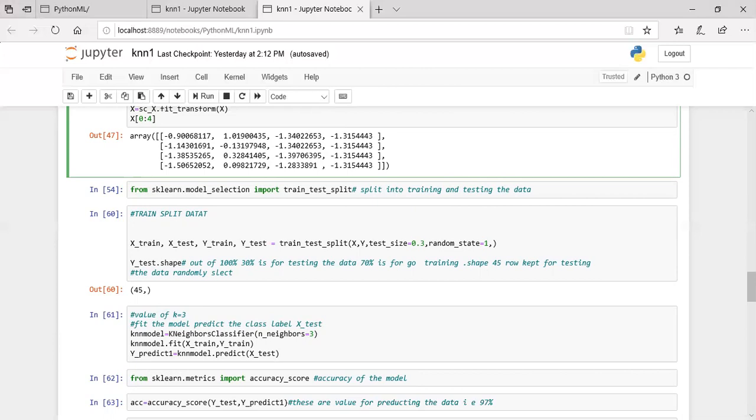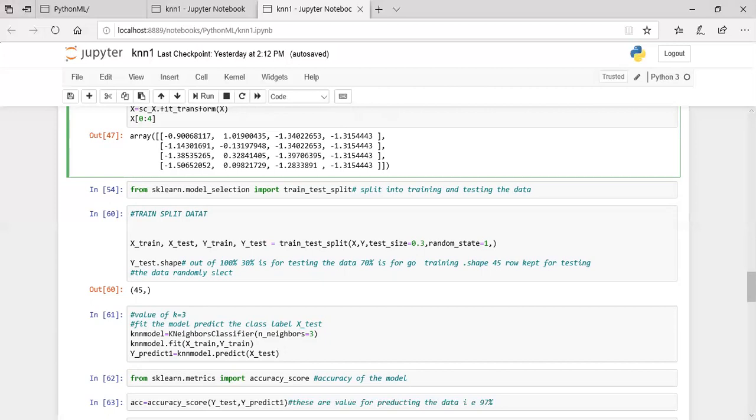That is 45 rows used for testing the data, that is 30% of the data. That is, out of 150, 30% is 45 rows.